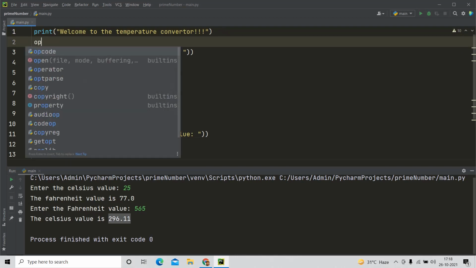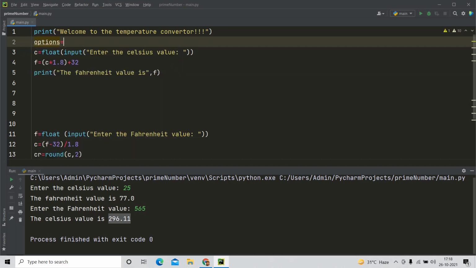Like, options is equal to, we are asking the user input: press 1 to convert Celsius to Fahrenheit, and in a new line I will write press 2 to convert Fahrenheit to Celsius.